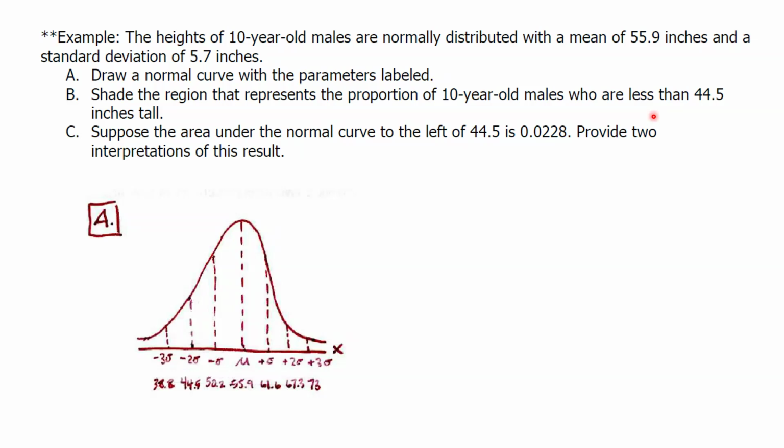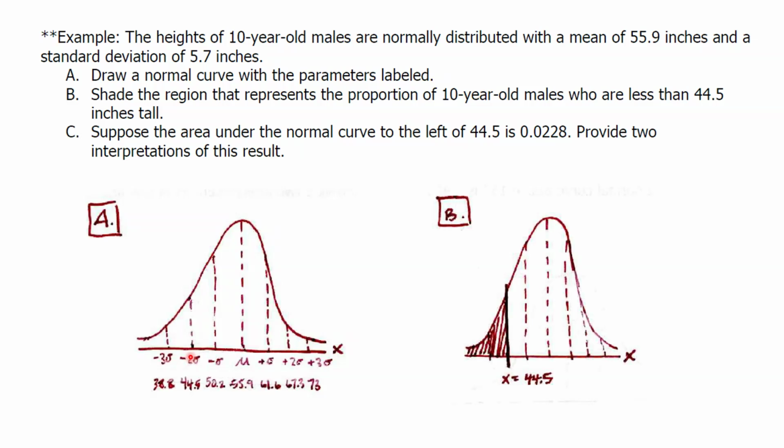So B tells us to shade the region that represents the proportion of 10-year-old males who are less than 44.5 inches tall. Okay, so we need to identify where 44.5 is going to be on our bell-shaped curve. So 44.5 is an actual checkpoint value. It is the value for 2 standard deviations to the left of the mean. So when I identify that, I can now label it x equals 44.5 and then shade to the left of that value. So that means that my shaded region is going to be the probability that x is less than